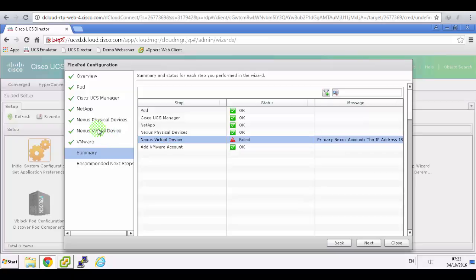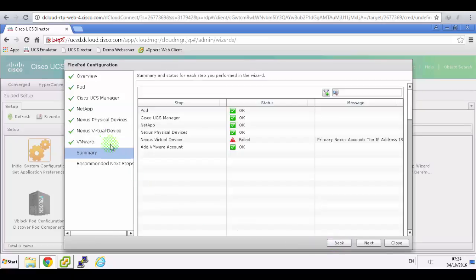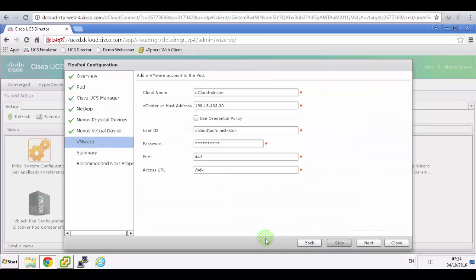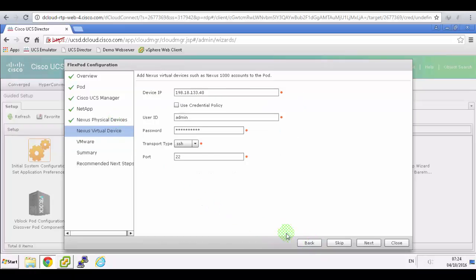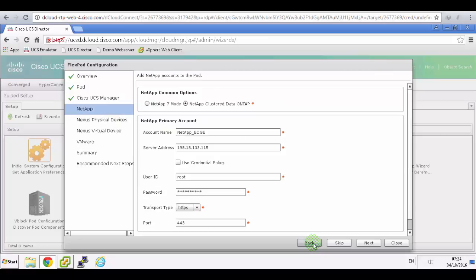There is a problem with our virtual device, and I believe it's because I configured the physical device with the same IP address. Maybe that's the reason why it's not letting me configure. So